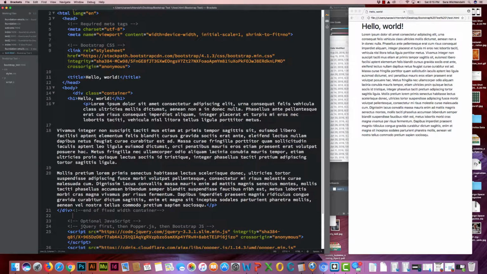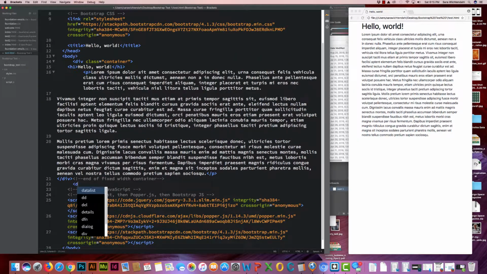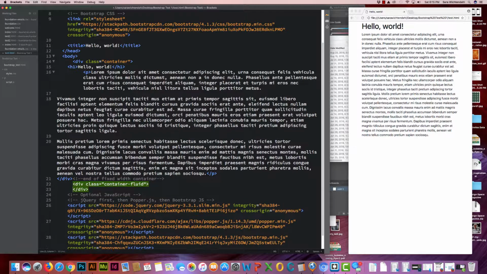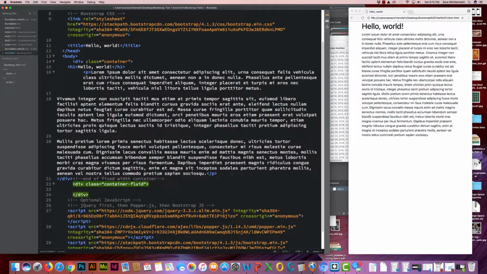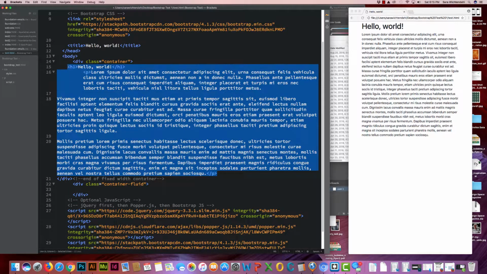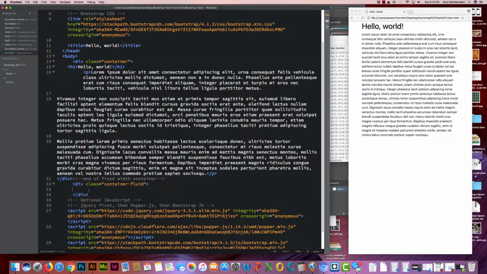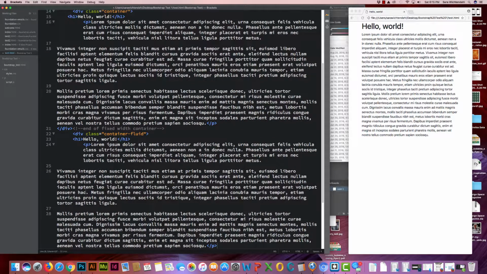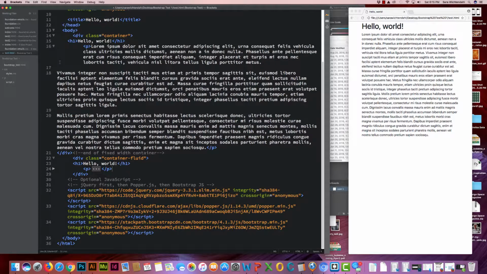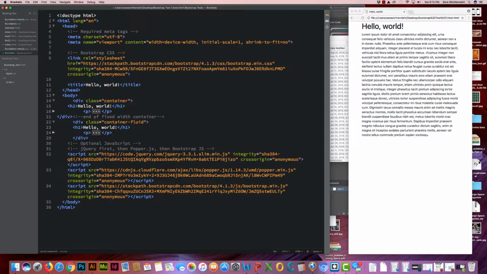I'm gonna go ahead and create a new div. I'm gonna give it a class of container-fluid. And within that, I'm going to just copy that paragraph tag and my H1 tag, and I will paste it inside my container-fluid. Let me go ahead and truncate that paragraph tag real quick to make this easier to